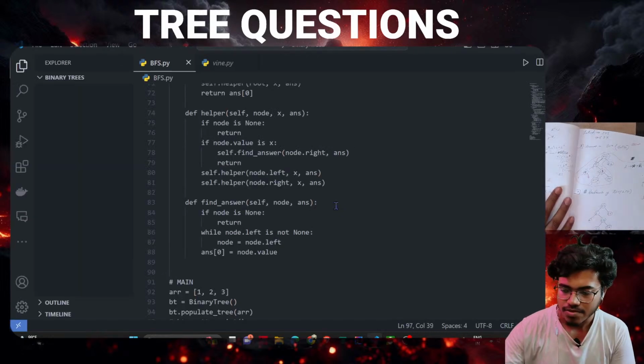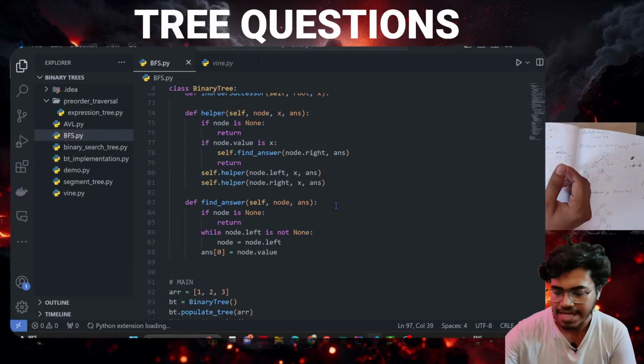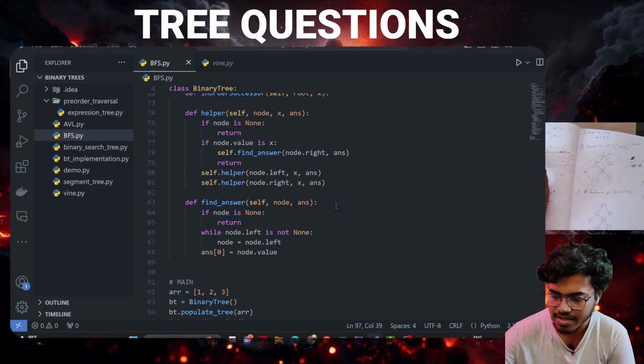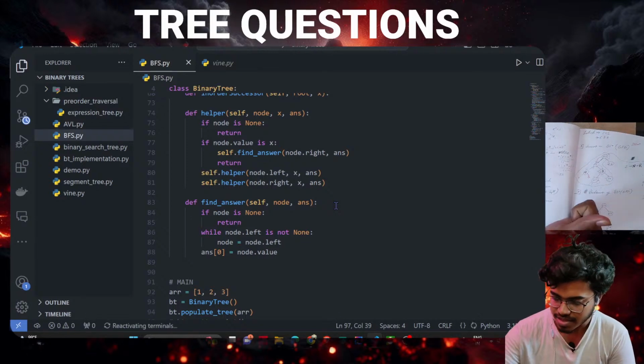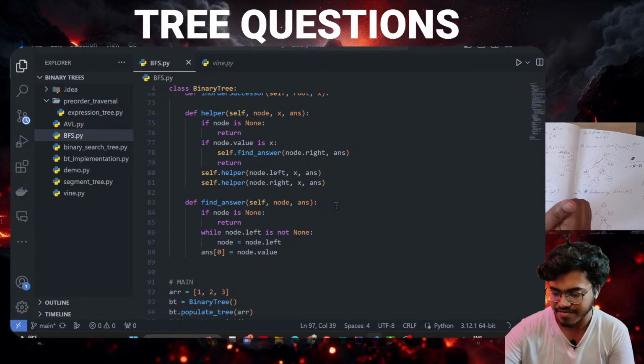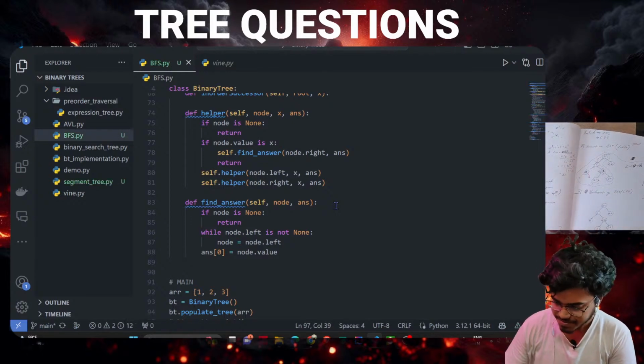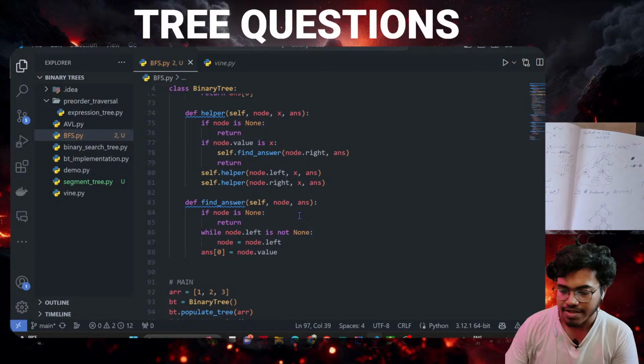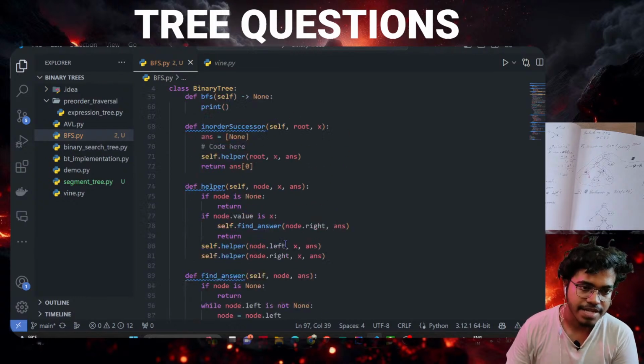So when we believe the answer is nearer to the root node, then we use level order traversal, or BFS, breadth first search. And also when we are asked to find some queries level by level. Here we have written a code